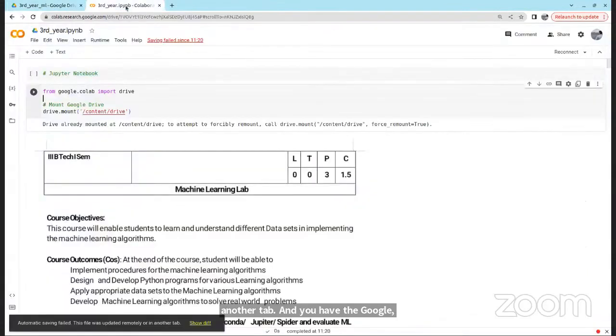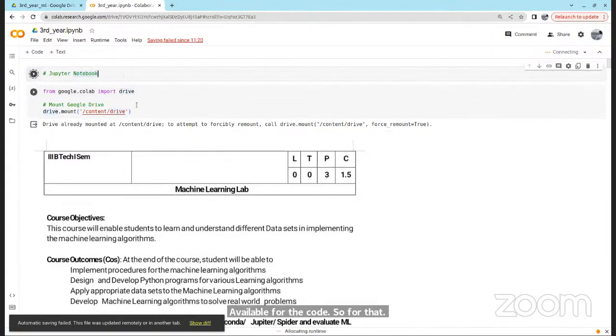But how to connect them? Because in local, there is no need for connection. All you have to do is give the path. There is no need to mount, that is, make the hard disk available to the program in the local. But here there is a need for making the drive available for the code. So for that, we use this cell.